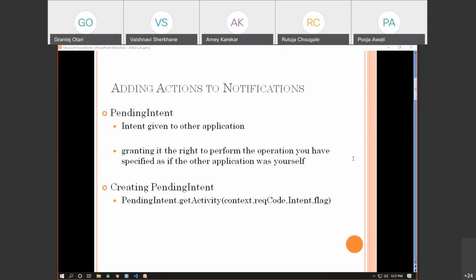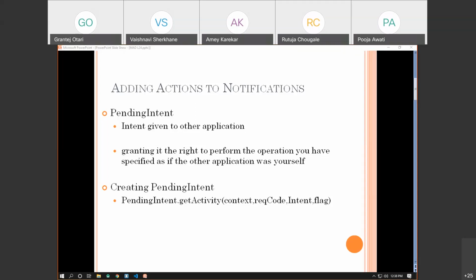Can anyone tell me the definition for the intent, the traditional intent that we have seen? Not actually the definition, but its use. Why are we using intents? Once we know why intents are used, we'll see how pending intents are used and how they differ from the traditional intents.